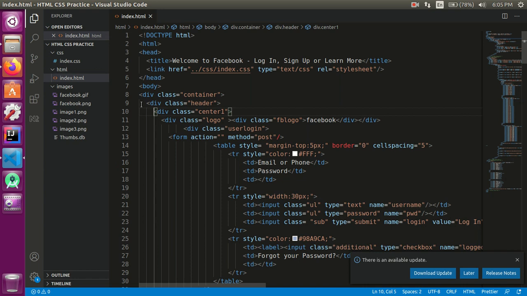So one more thing, I have used an external style sheet here. I could have pasted the whole style here only in the head tag under the style tag, but I linked an external style sheet here. The reason again, the standards say that we must keep the style in a different file and content in a different file. It helps us maintain the code better.